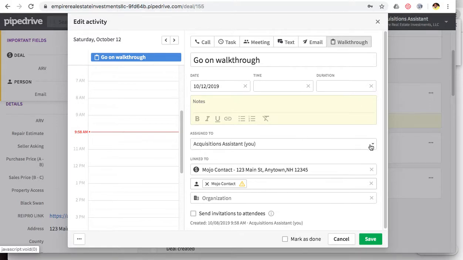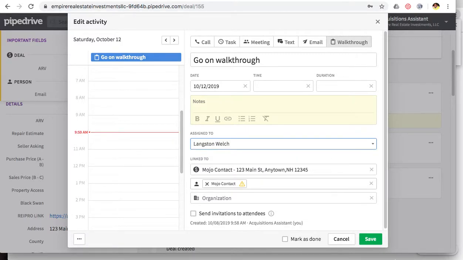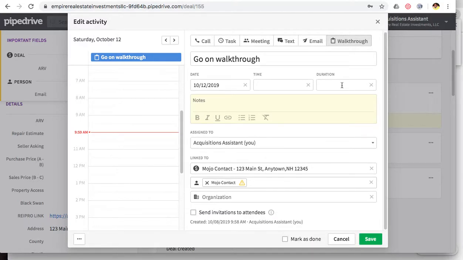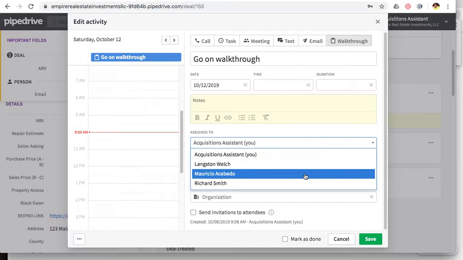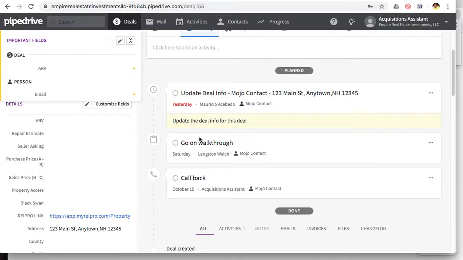And actually we need to assign it to you. Want to assign that to me, Langston Welch. And we're going to hit save. And now I'm going to get the, oh, actually they have a send invites to attendees. So let's keep it on you so you can track what you've done. But let's say send invites. Oh no, attendees, that means sending it out to them. We don't want to send it out to them. We just want to send it to me. So we'll work on this. It's all a work in progress. But we're going to send it to me, and then we'll hit save. And now I have an appointment to go on the walkthrough on Saturday. It'll pop up for me, and